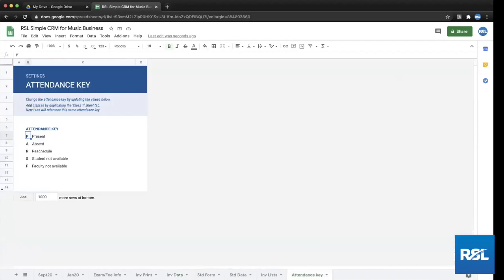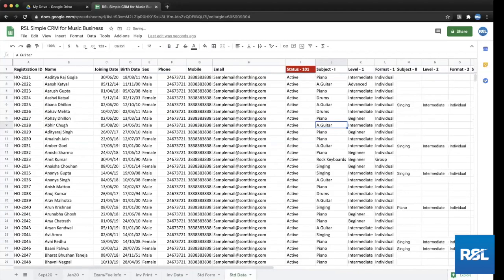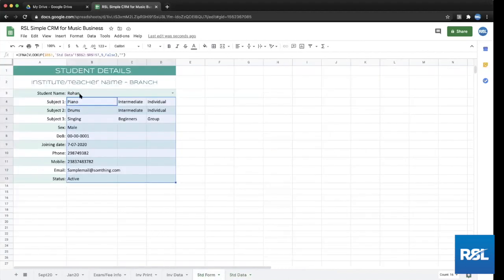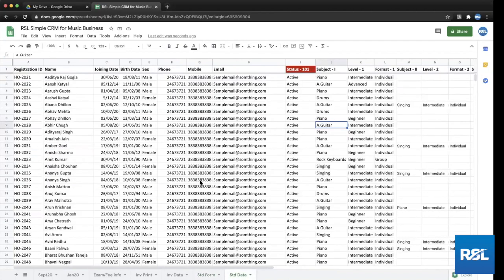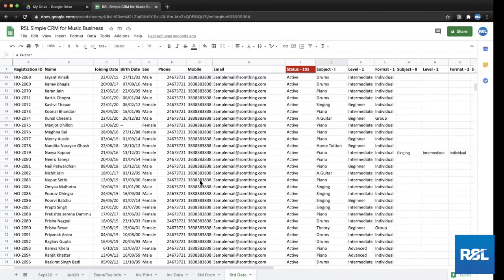These sheets are something that you should protect all of it, because you don't want anybody to be changing all of these things. So you just select and right click and say protect range and save those, and click on this down arrow, hide sheet. You don't need these sheets visible. Once you've entered all the data, hide sheet, and the office staff will only be able to see the sheets that they actually need to use. Even the student data sheet, you don't need it visible because you will be able to pull out each student's information from here. But to add a new student, which hopefully is pretty regular with all of you, you will need to type the details of that new student right here.